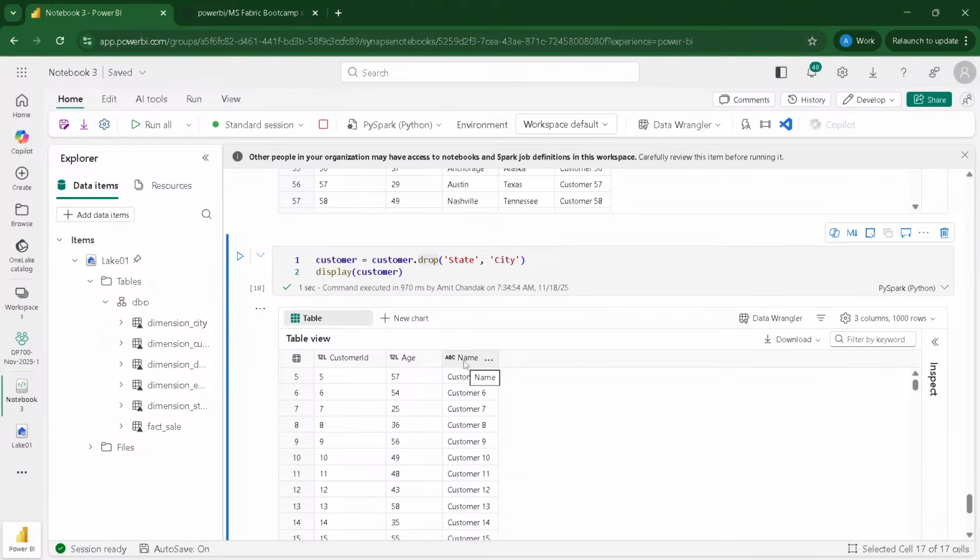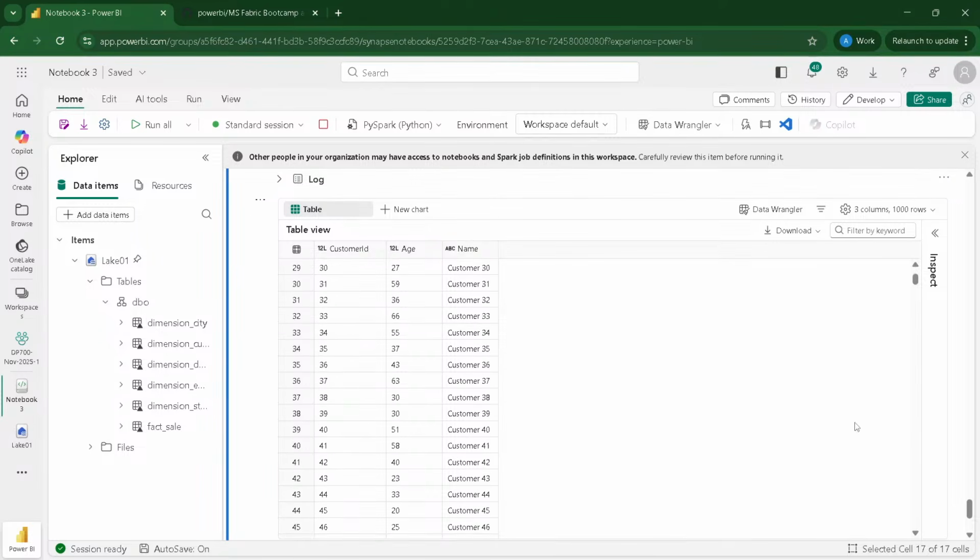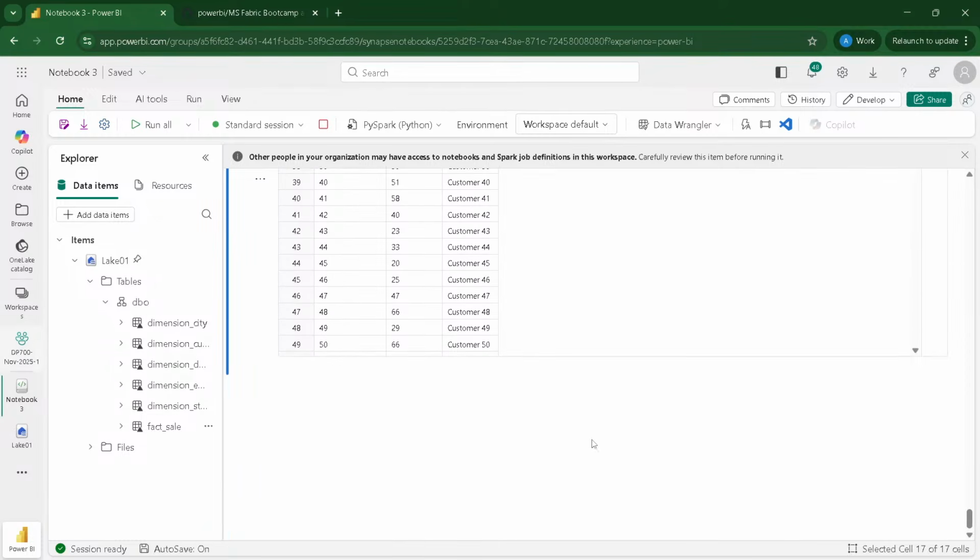So the original customer which I bought from my PSP, which I have converted into a Spark data frame, now doesn't have state and city. Customer DF might still have that, the pandas one. They have not dropped it there. So in this manner, I can drop the columns.